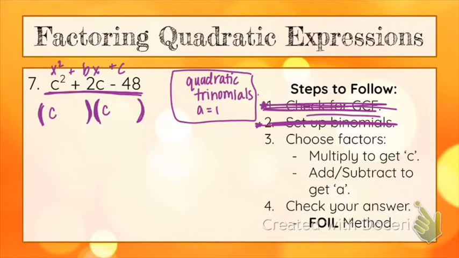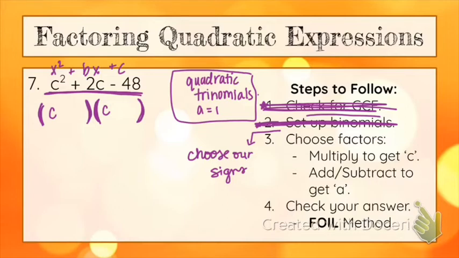And then we are going to choose our factors. And I should have put another step in here. We need to first choose our signs. So we need to know if this is going to be a plus or a minus, or 2 pluses or 2 minuses. The way that we choose that is our 2 numbers have to multiply to get negative 48, and they have to add together to get positive 2. So if 2 numbers have to multiply to get a negative,